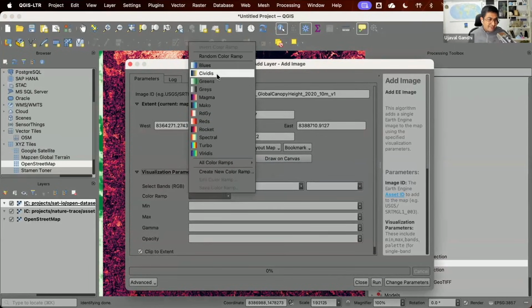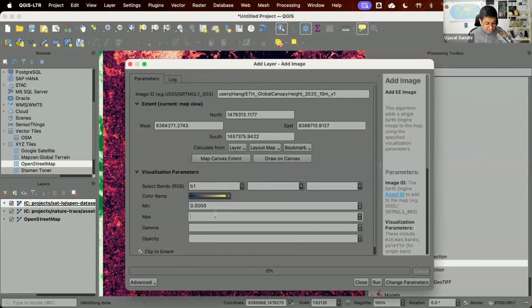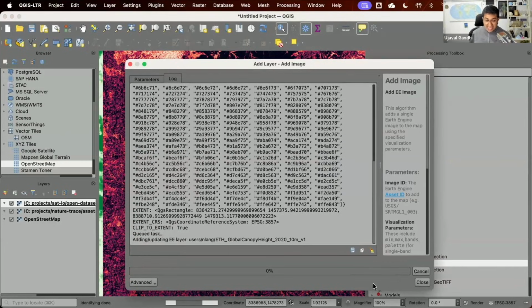Let's load it in a slightly different palette, the same visualization. So again, this goes from 0 to 25. And now I run it. I get this image, which was created by the user, available in Earth Engine, and now I can stream it